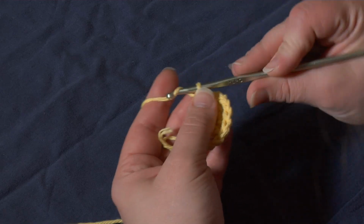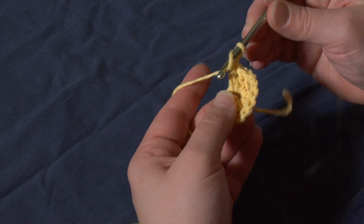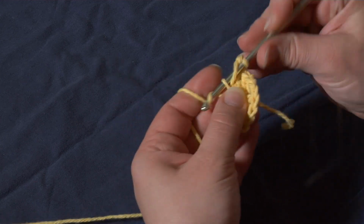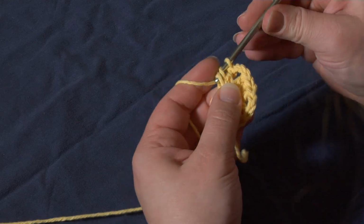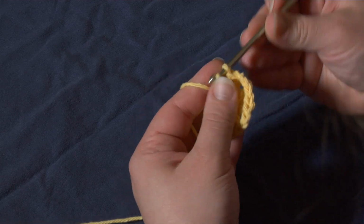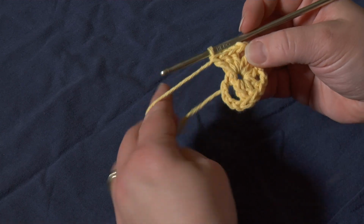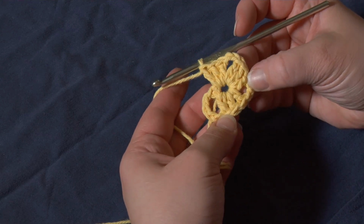And chain 2 again. 1, 2. Now we need another set of 3 single crochets. 1, 2, 3. And you can see we've almost completed our first round, which is made up of 4 sets of 3 double